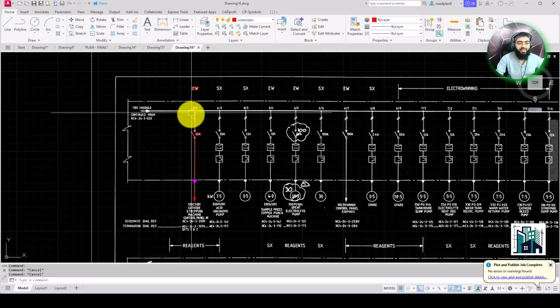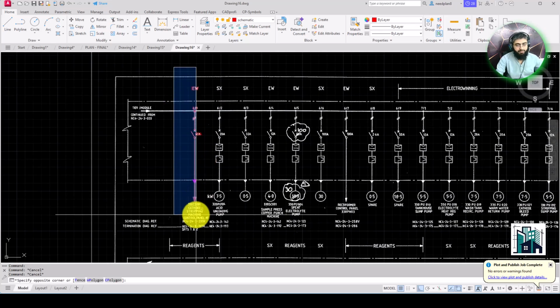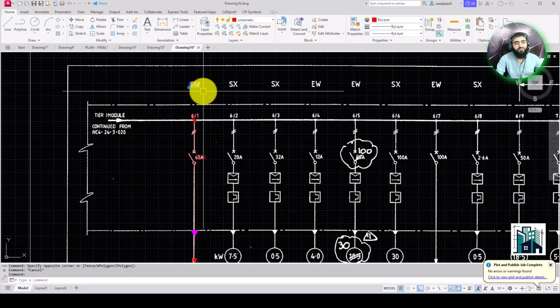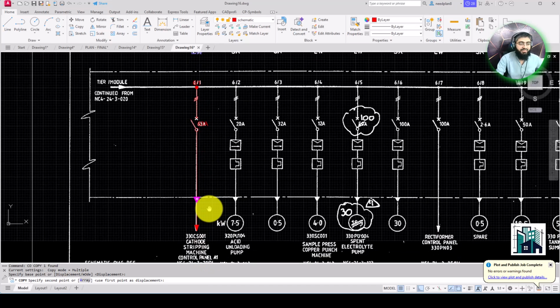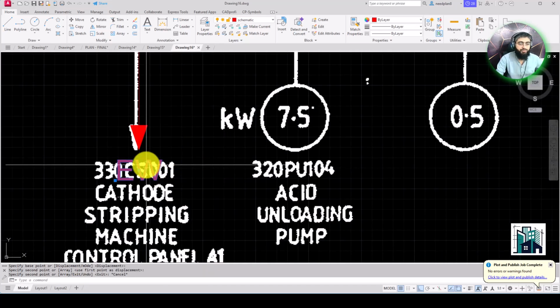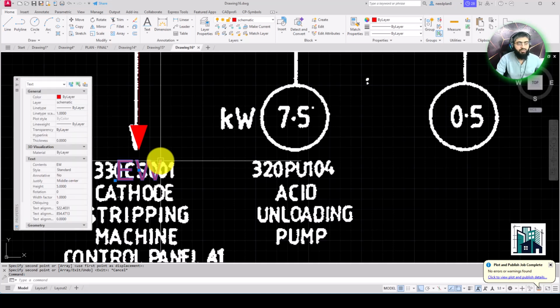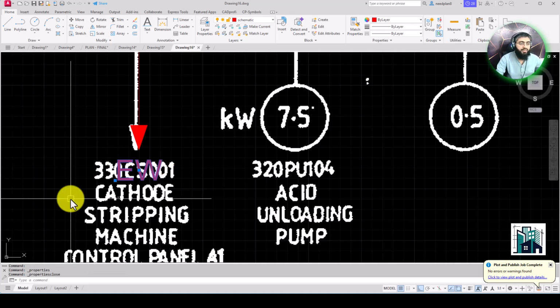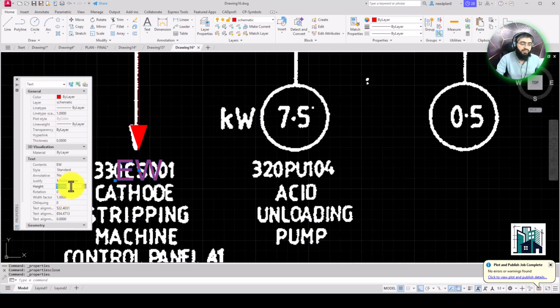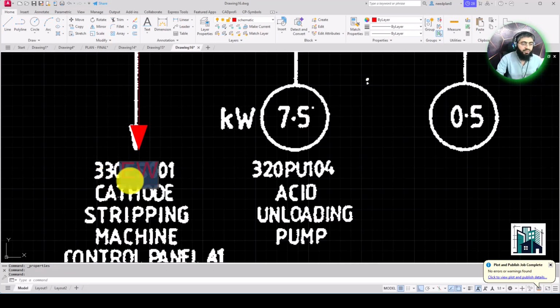Now I have created one whole line for this purpose. Also, I'm going to write the text below, which is smaller than that text. So I'm going to click here and press Control 1, and then change the text height to 4, which is equal to what we have in the PDF. So write this, 30 CS001.